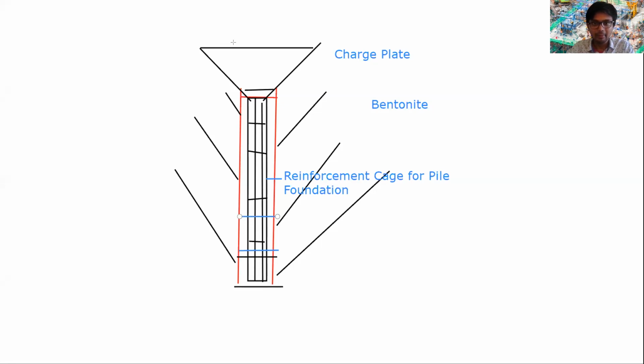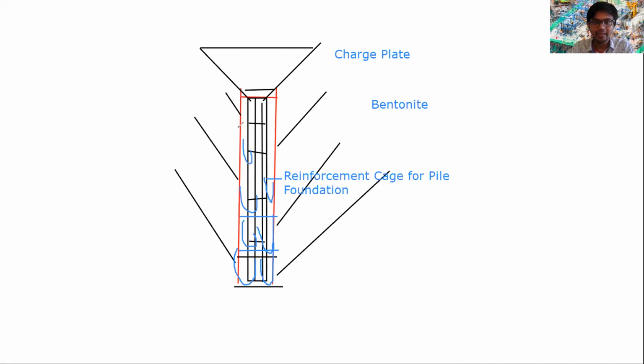So as you can see, if I have a pencil here, any number of pencils here, the concrete level is going like this. From the bottom, it is going like this. It is not that we are just throwing the concrete from a higher distance. We are slowly removing this charge plate upwards, and the concrete is going from bottom to top, like this. Slowly this charge plate also we are moving upwards.